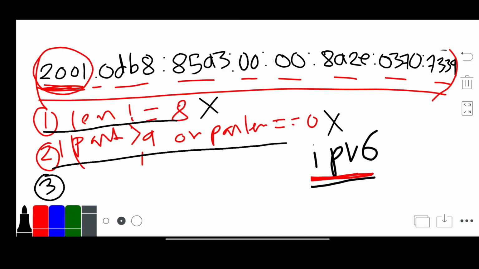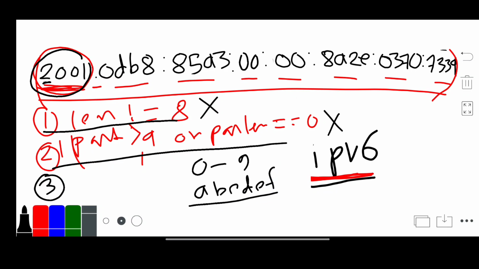So each character in every part must be a hexadecimal digit. You know hexadecimal digit is 0 to 9 and A, B, C, D, E, F, small and capital also.